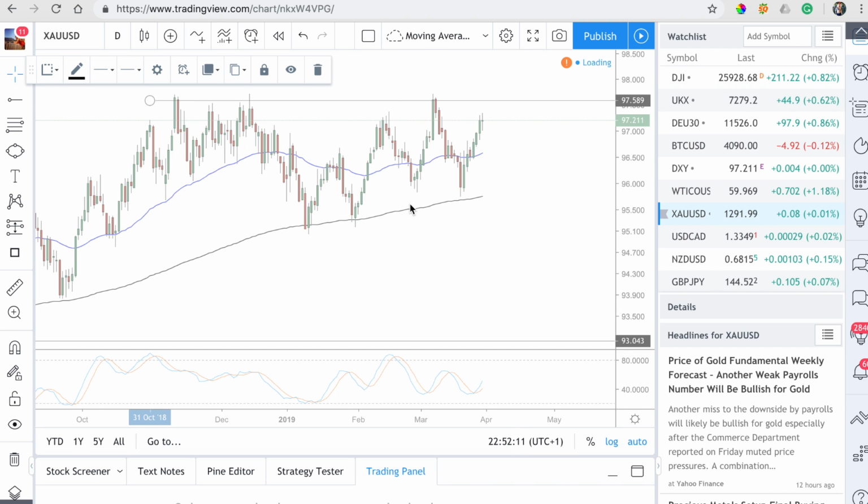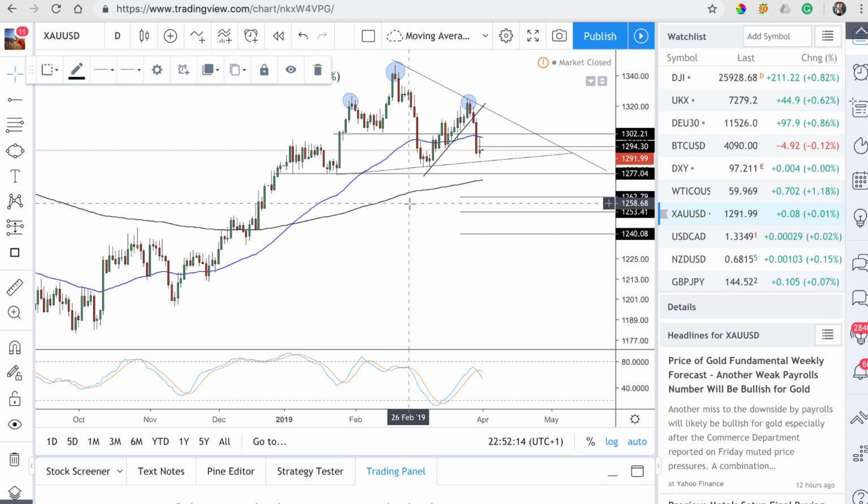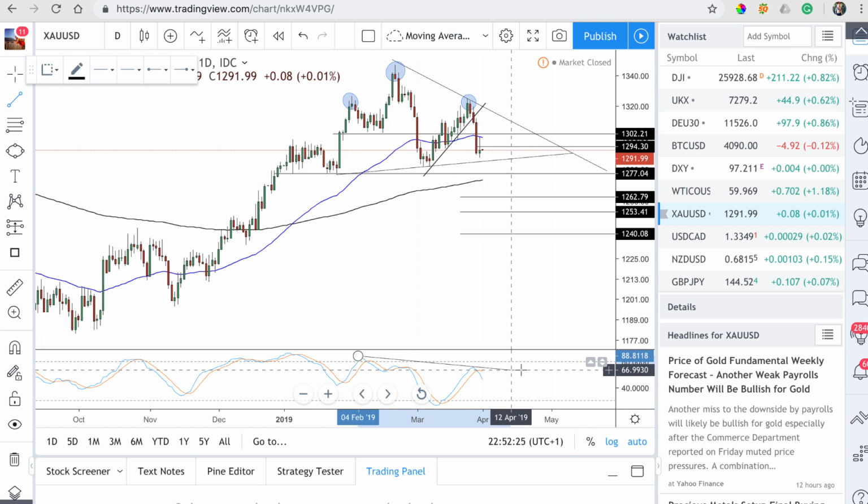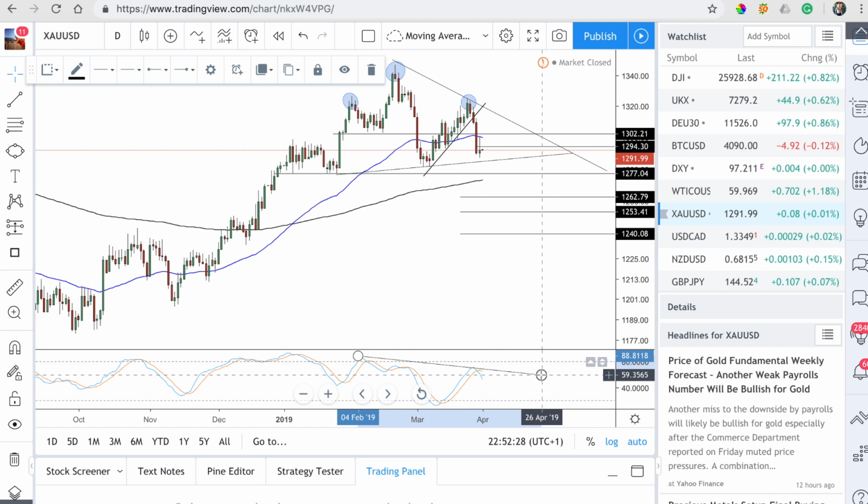Okay, this pair we've made quite a few good trades on the last couple of months. You can see here that we've got a head and shoulders formation. We do also have a nice down channel on the stochastic, nice bearish momentum. But you can see here we've got our left head and our right shoulder. We broke that trend line on Friday. We had a nice push to the downside Thursday, Friday, a nice little consolidation on Friday. We are looking for a break of this